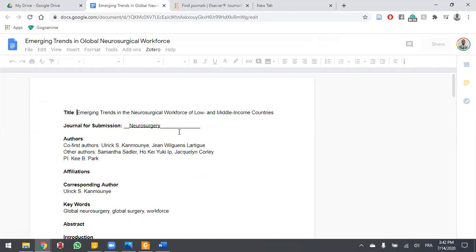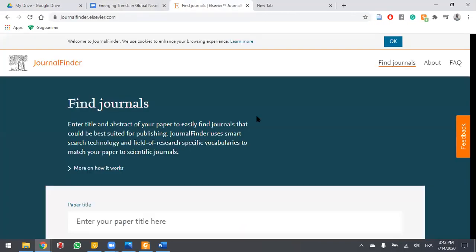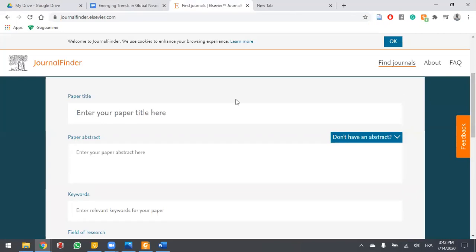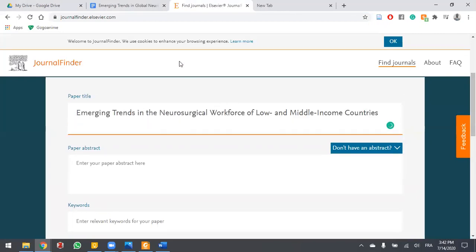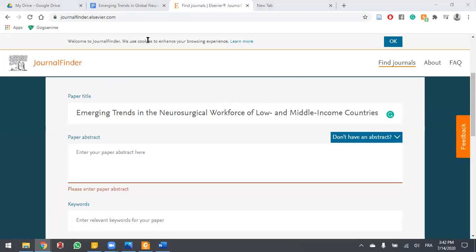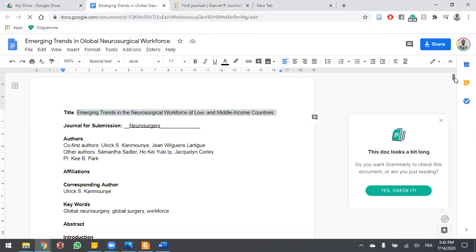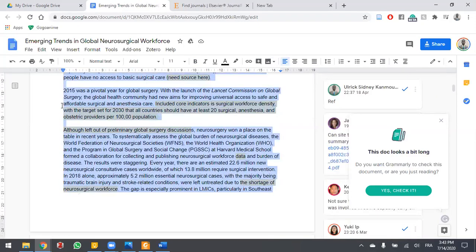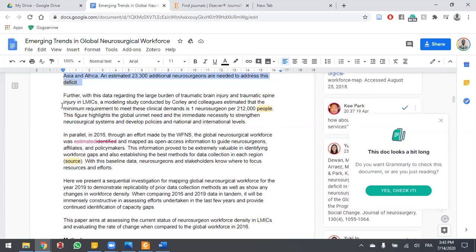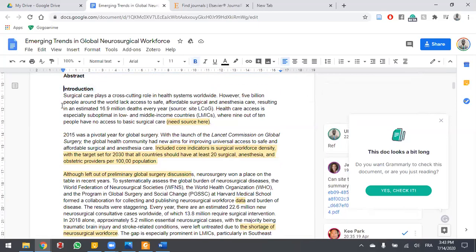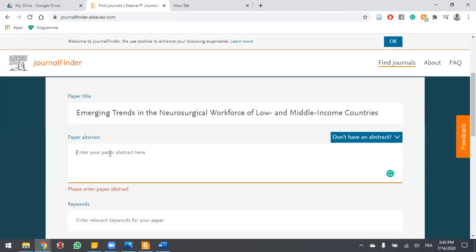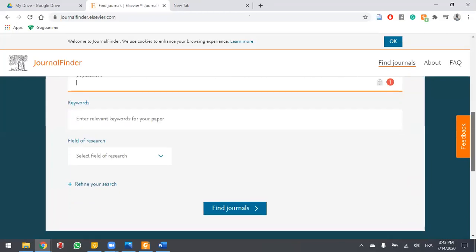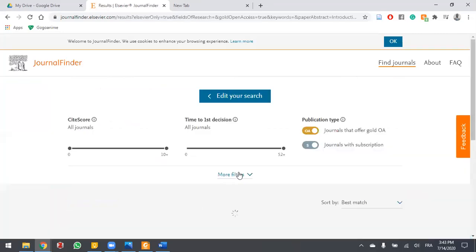So what we need here is at least the title and abstract at the very least to find something. So here we have the title, now we need the abstract. Let's see, did we have the abstract here? Oh, no, we didn't. Okay, no problem. Let's just put this there. No big deal. Let's assume this was the abstract. If you want, you can go further and add keywords to your research, but those two are enough usually.